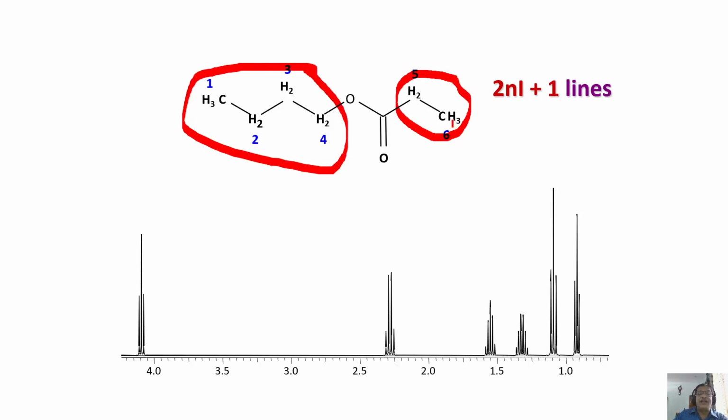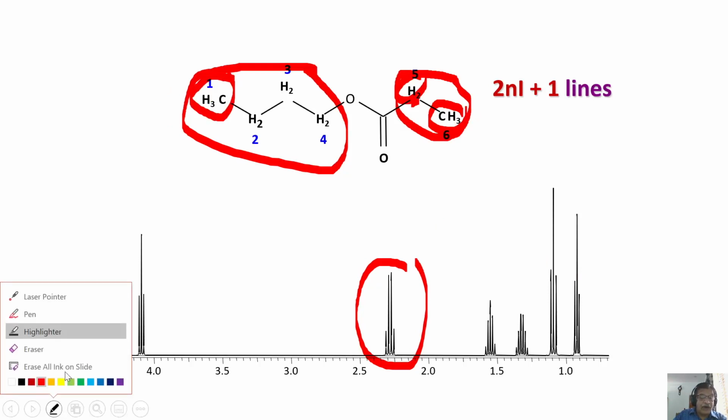Of course, CH2, CH3, right from yesterday we have been getting triplet and quartet. Now, this has to be a triplet, this has to be a quartet. Which is which? There is one triplet here and one quartet here. This quartet is easily assigned. This has to be this CH2. Now, this CH3. There are two triplets, unfortunately. It could be this CH3 or this CH3, you do not know. How do you assign this?